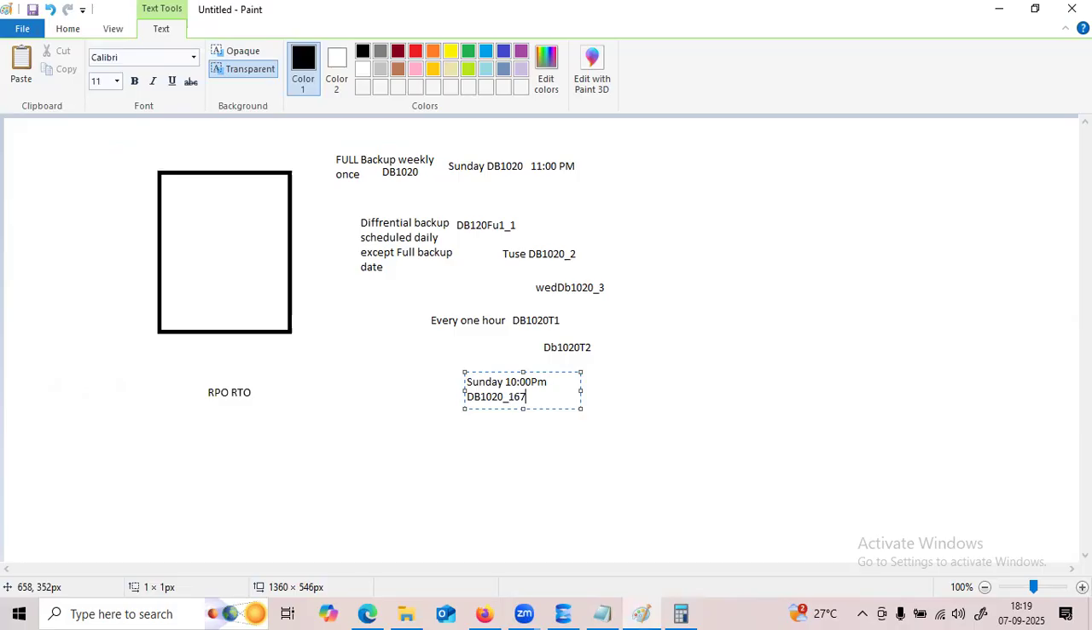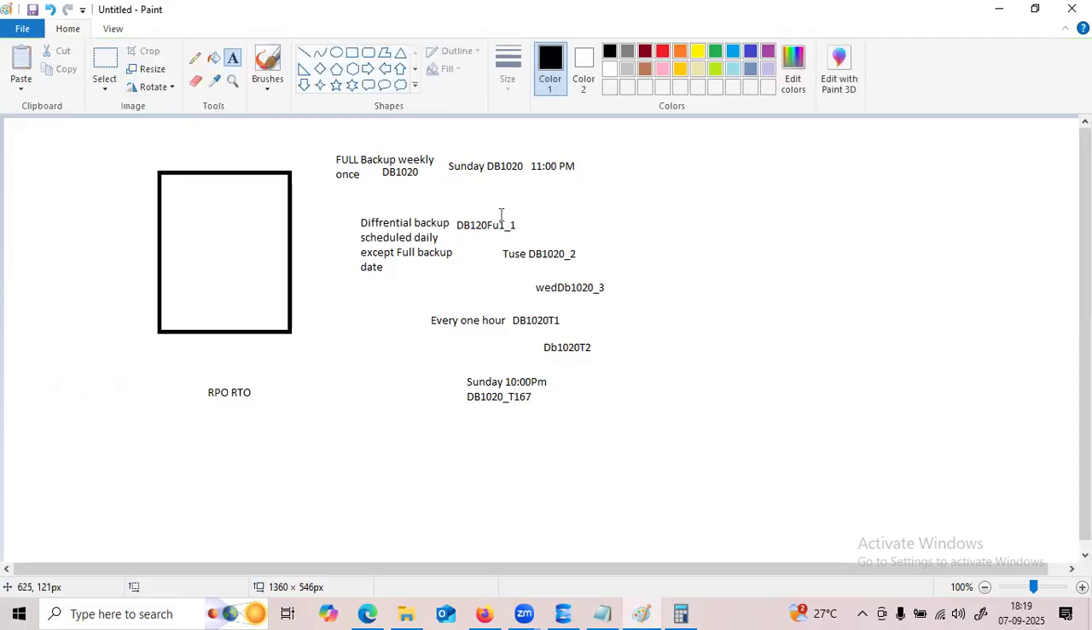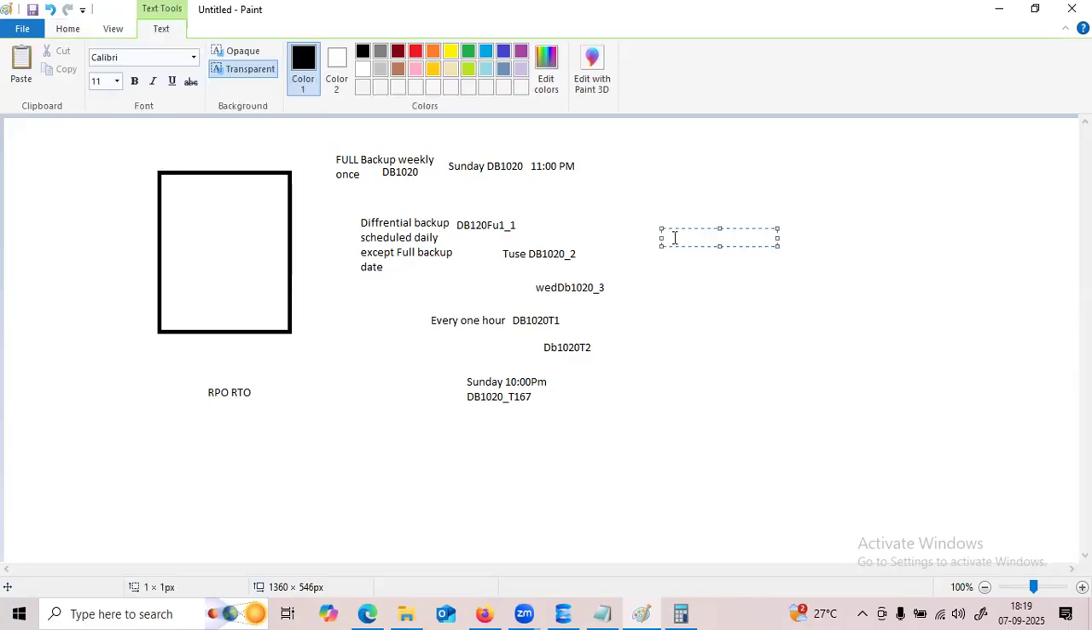If I go here, 160. So the log sequence will always be maintained for the latest full backup. Suppose this is our schedule in our organization: weekly full backup, daily differential, and every 1 hour log backup. So here, in case